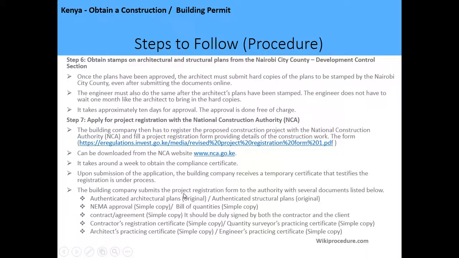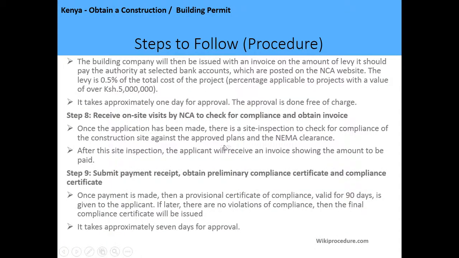And the building company submits the project registration form to the authority with the documents listed below: the structural plans, authenticated architectural plans, NEMA approval, bill of quantities, contract agreement, quantity surveyors practicing certificate, contractors registration certificate, engineers practicing certificate. They're all supposed to be submitted together with the application document, and the building company will then be